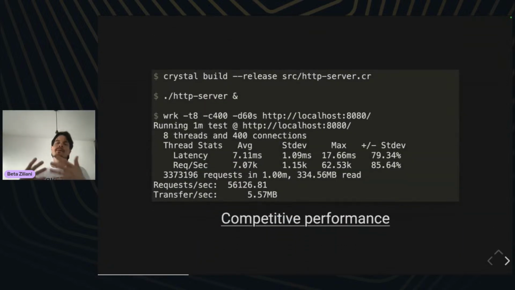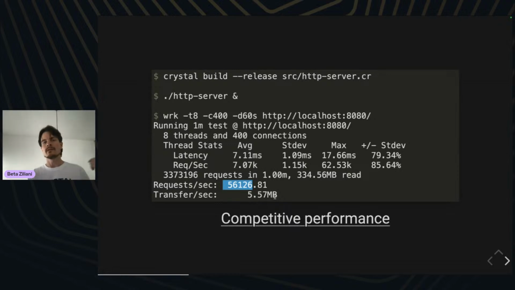More importantly, we mentioned a lot that with Crystal, you can compile and get a binary, an efficient one. In order to do that, you have to say to the compiler, hey, build a release version of my program. That will take some time because it will spend time optimizing it. But once you have that, you have a very efficient program to run. In this case, for instance, the HTTP server that I mentioned can handle 100,000 connections like nothing.